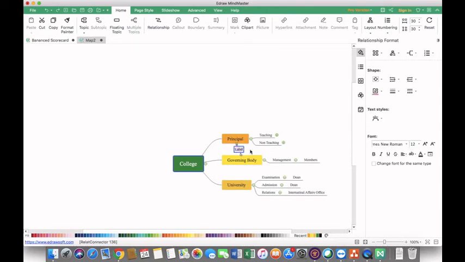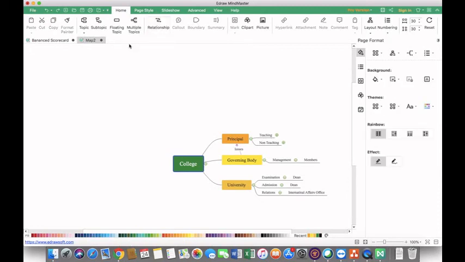So I have to enter this label. Governing body may include the principal, or can change the principal, or can issue orders to our principals. Whatever relations you wanted to prepare, you can prepare such relations by adding relations from here.